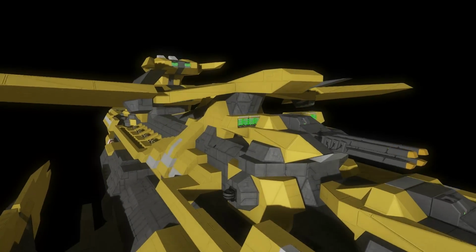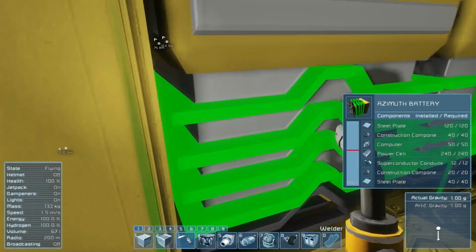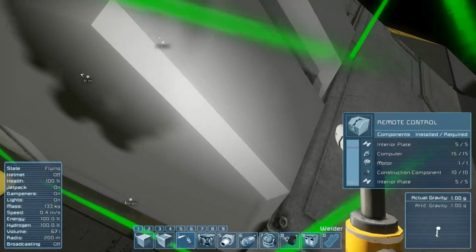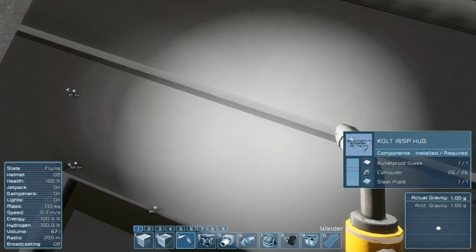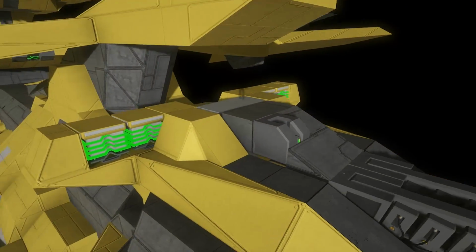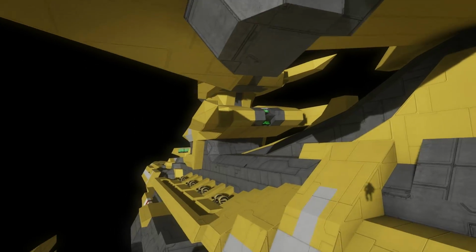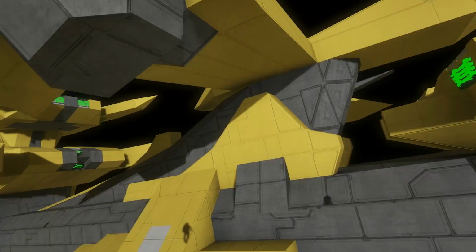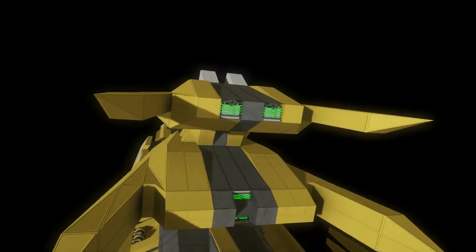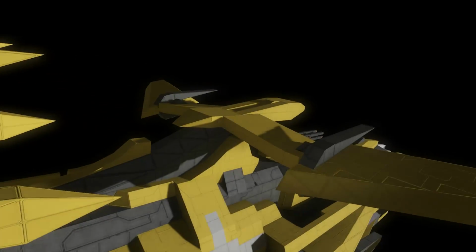And I'm guessing these are batteries up here? Azimuth batteries? Okay, and what is this actually? Remote control, large ship railgun. Okay, so I was right. So the remote control is probably to give it a turret function so you can move it around. That's pretty awesome. Actually, I do like the battery placement. It kind of... I don't really know what effect to describe it as, but it gives it a cool, like...